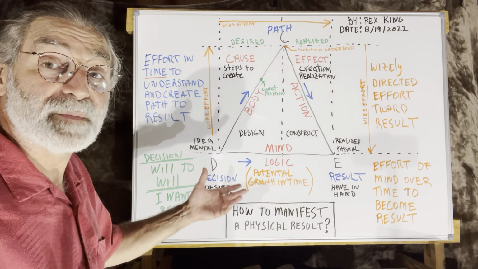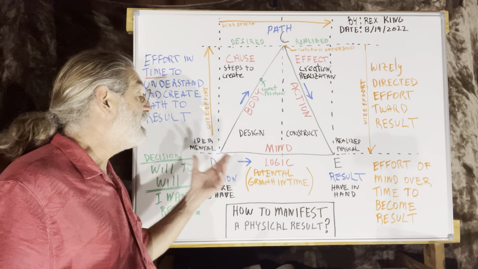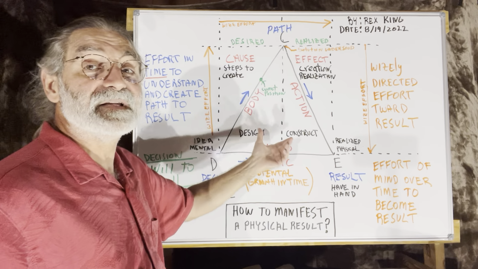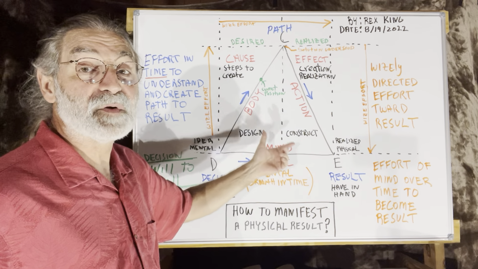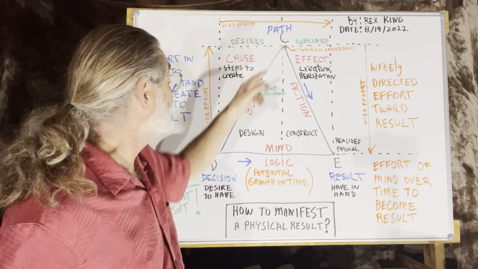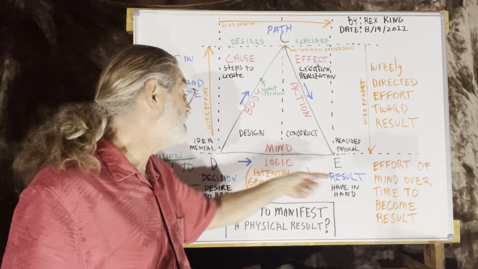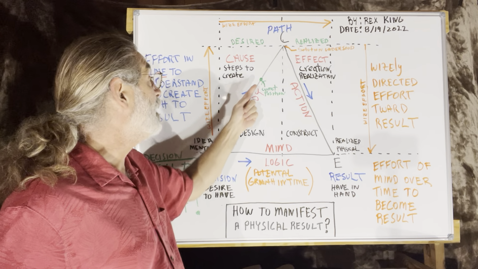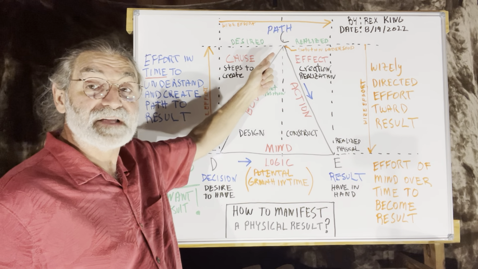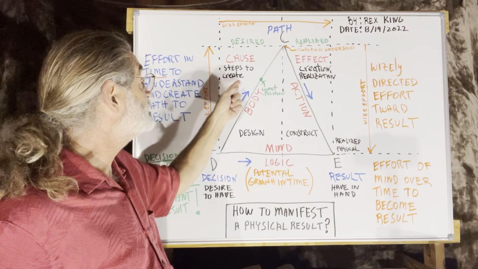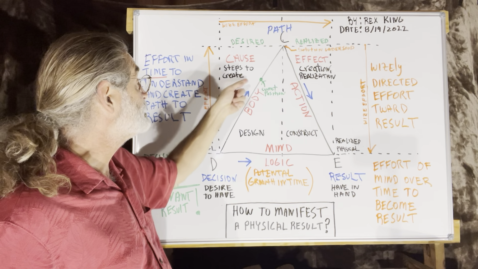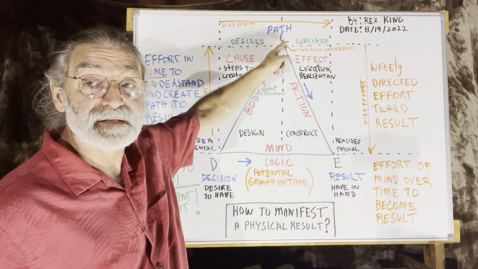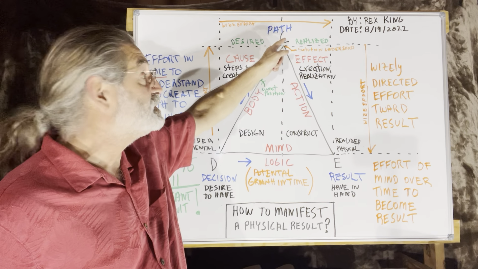a visual description of how a person can accomplish what they want. But the biggest thing I like about this description is it helps a person to see that you've got to find the path. The path isn't a straight line. You can see your result, but you've got to follow a path to get to it. And that path is going to be uphill, to where you're not sure if you can accomplish it, but you keep putting energy in, you keep working, you figure out the steps to create it, until at some point you get to the peak, to where the solution's understood,